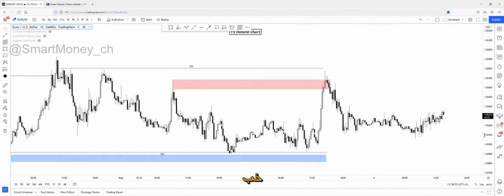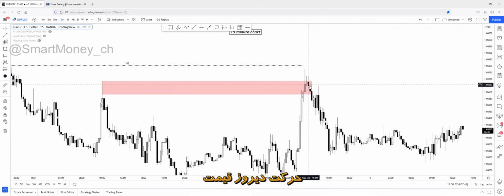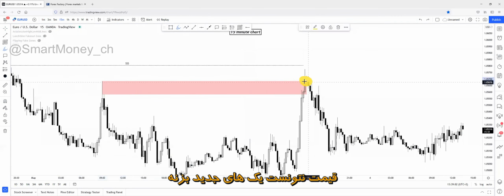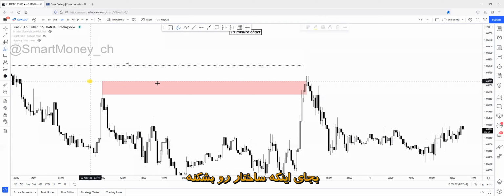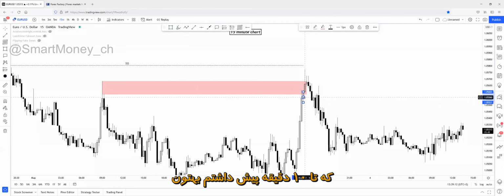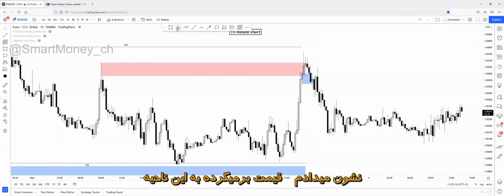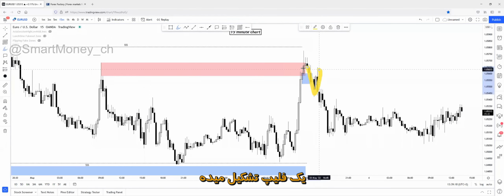So, yesterday's movement. I've explained this already in this session. Here was a weekly supply zone. Price couldn't create a new high, couldn't sweep the liquidity. Instead of creating a breakout structure right here, it reversed on this demand zone down here, which I showed you 10 minutes ago. So price reversed on this, created a flip zone, continuation scenario, and continuation to the downside.